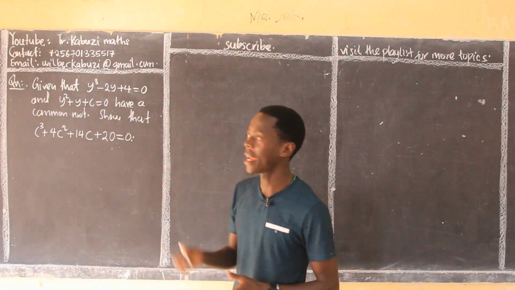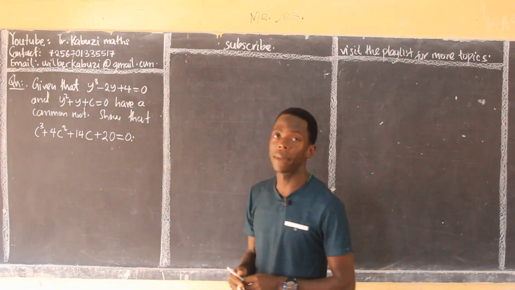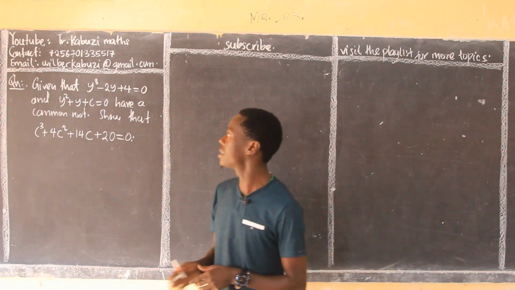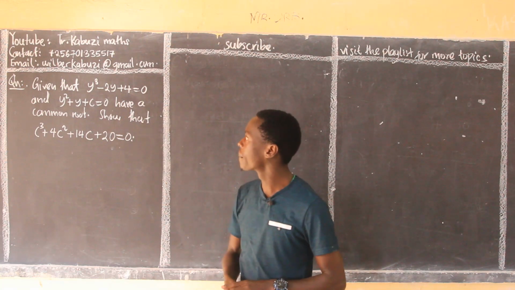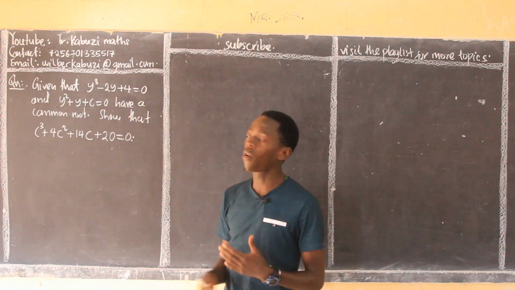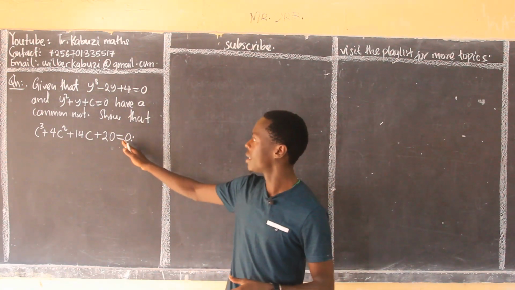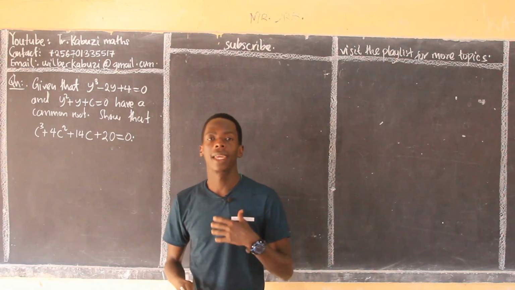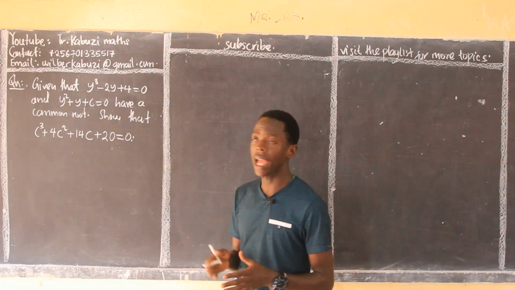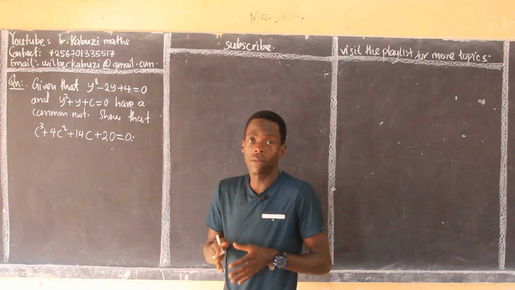So we also have another problem here. The problem was coming from polynomials. It says, given that this and this have a common root, show that this is true. Now, if they are giving two equations having a common root, it means that that common root should